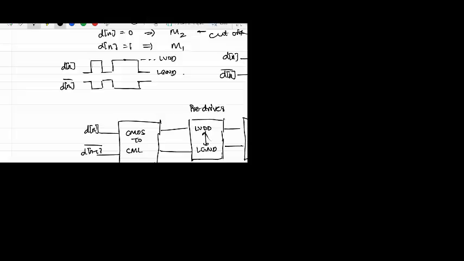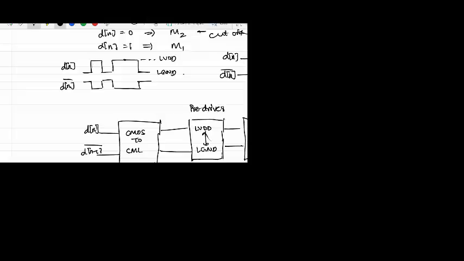I am burning 10 milliamperes of current here, and then I have a previous block. Now if you design any of these previous blocks, it turns out it consumes close to 30 to 40% of the power which you spend in the final output driver. That is basically because you have to drive the gate capacitance of the output driver. The whole thing is important because when you realize a CML output driver, the story doesn't end there. It needs many more things to make it work.